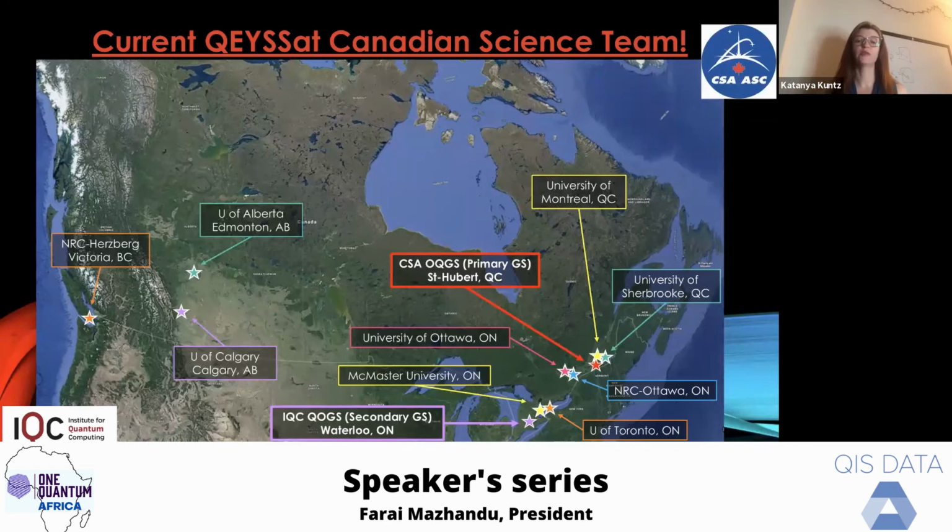One of the goals of this project is to study different geographical locations with different climates, with different ground station light pollution conditions. This is a demonstration mission, right? The satellite mission is a demonstration mission. So we're going to be trying out different quantum sources. That's one of the reasons why we have so many collaborators, because we want to be able to link various quantum sources like atomic memories, for example.